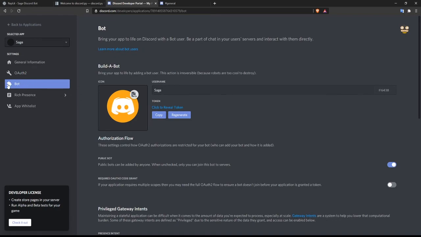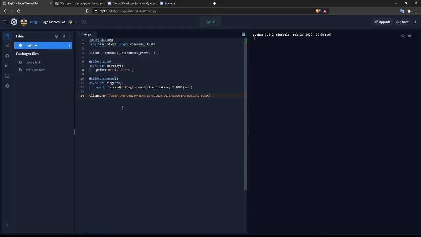As you can see, we are in the bot section. We will see over here that we have the token. Now we'll copy the token, go back to Replit and paste it.